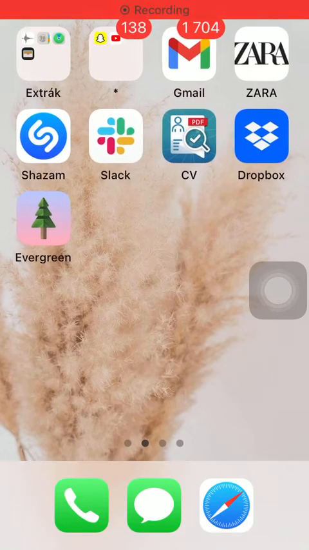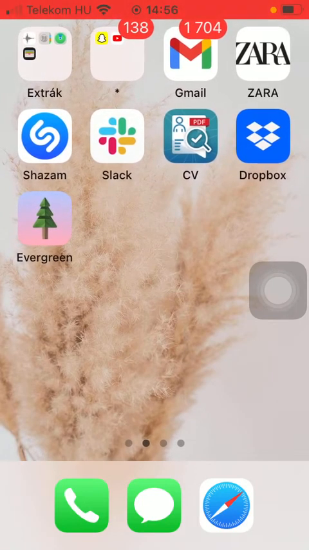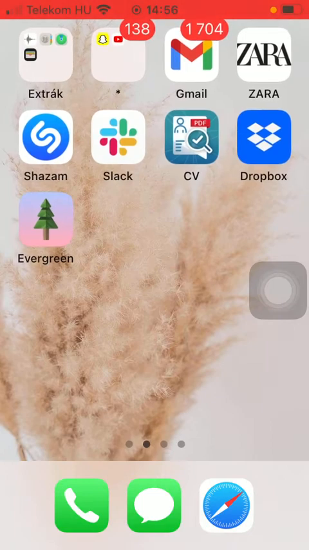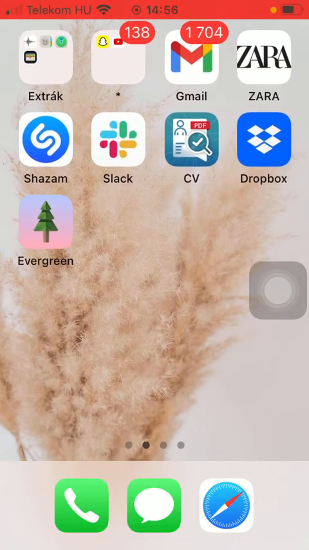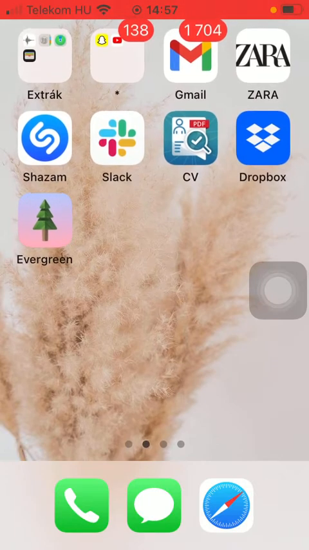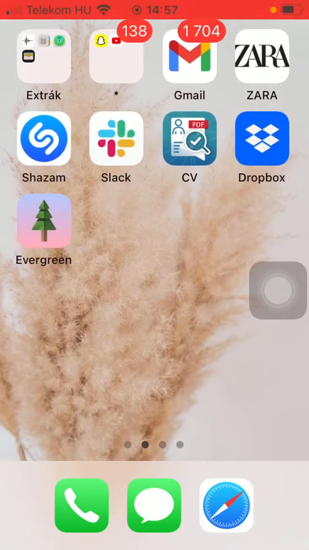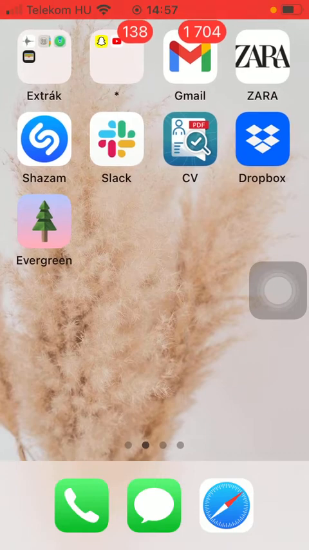Hello guys, in this video I am going to show you how to turn your passcode on the Dropbox application, meaning that when you want to open the application you need to type in or add this passcode or your